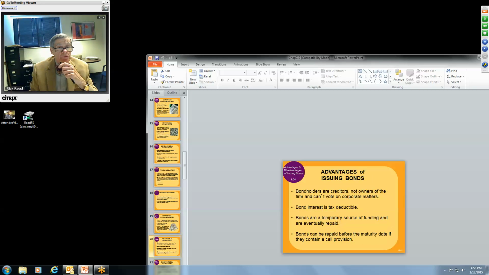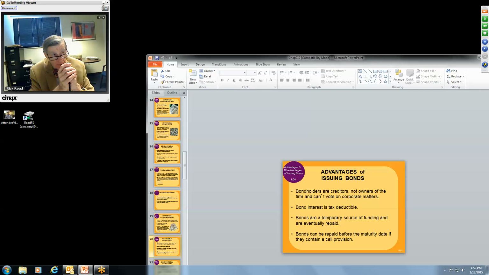So it's interesting. Now, one of the reasons that companies issue bonds is because the bondholder never becomes an owner. Can't vote, has no hand in management, can't object to any particular decisions that are made or anything else like the stockholder can. The interest on the bond is tax deductible. It's considered a business debt, if you will, business transaction.